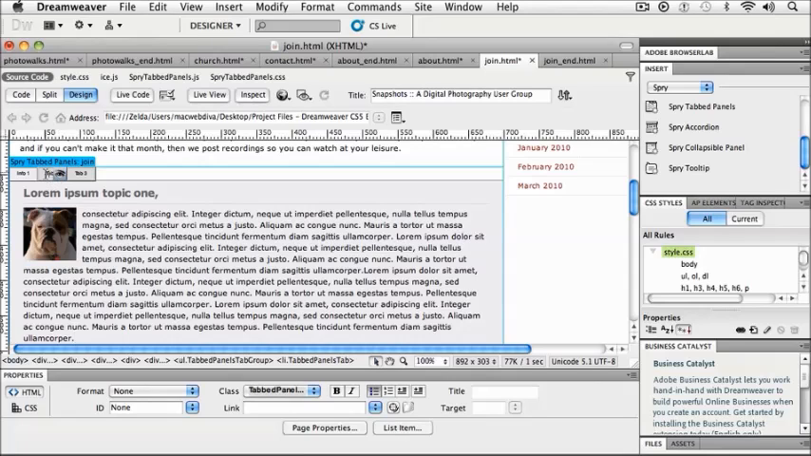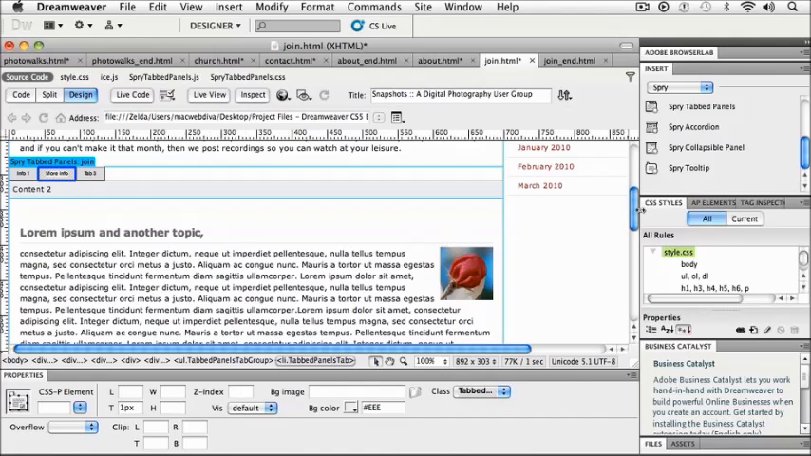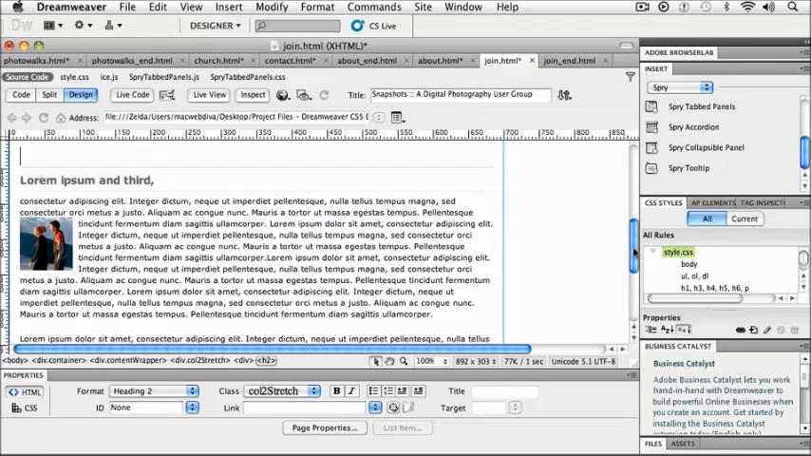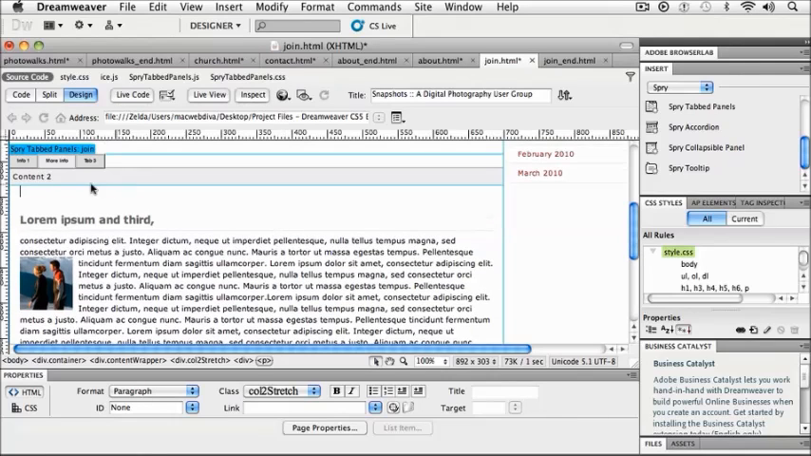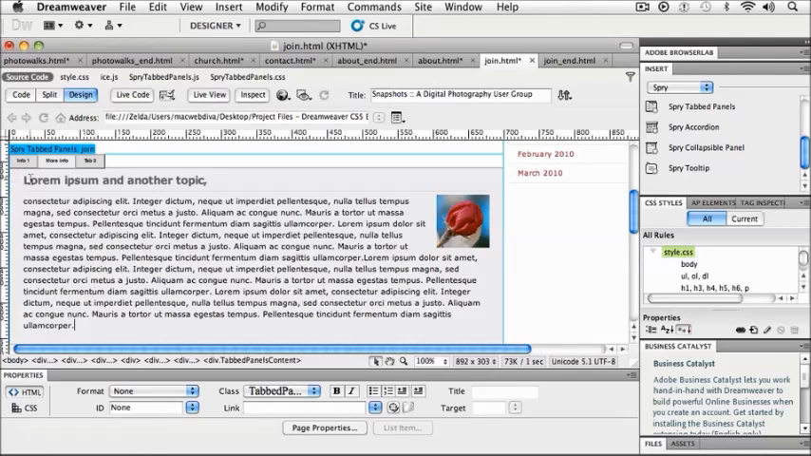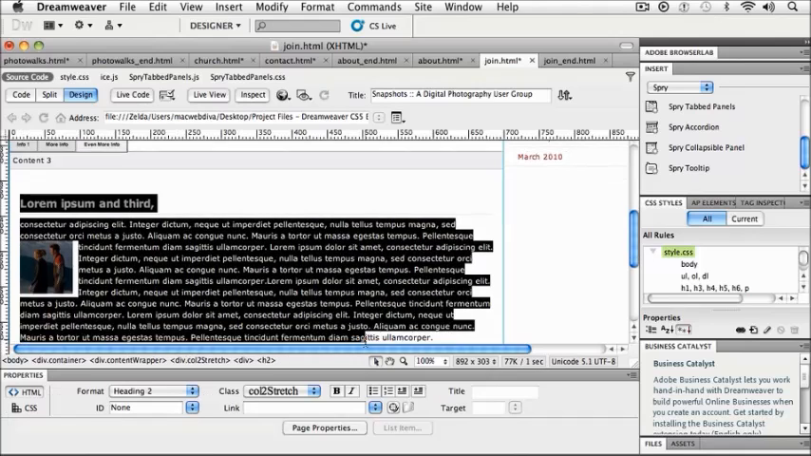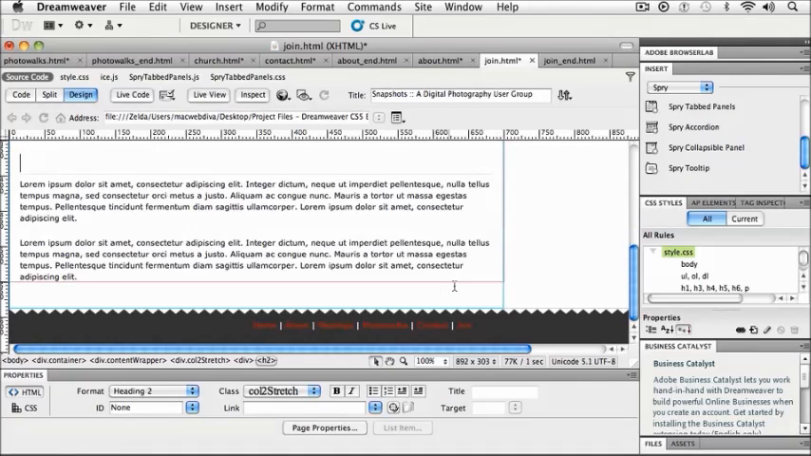So I go to my second tab, and that's going to just be more info, and I can click on that, and now I've got my second bit of information that I can put in there. So I'm just cutting that out, and I will paste that in. And that's going to be even more info. Select it, grab my last bit of information here,